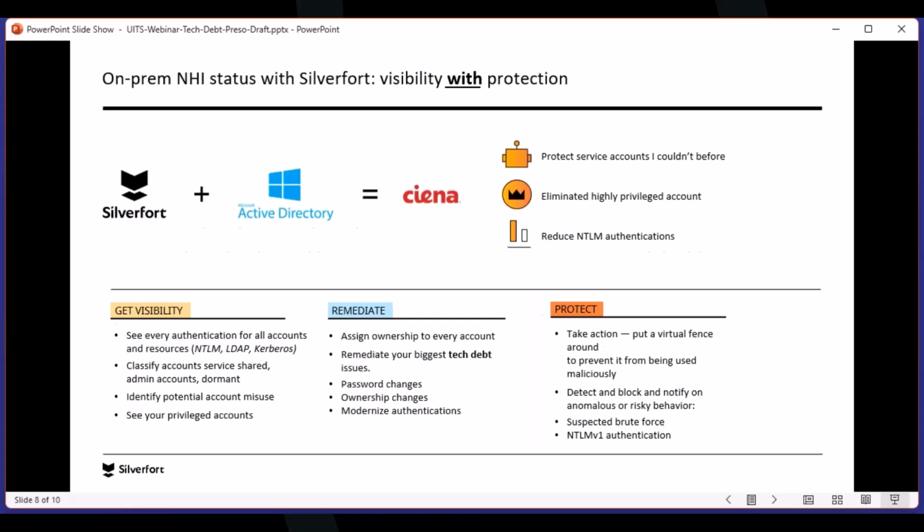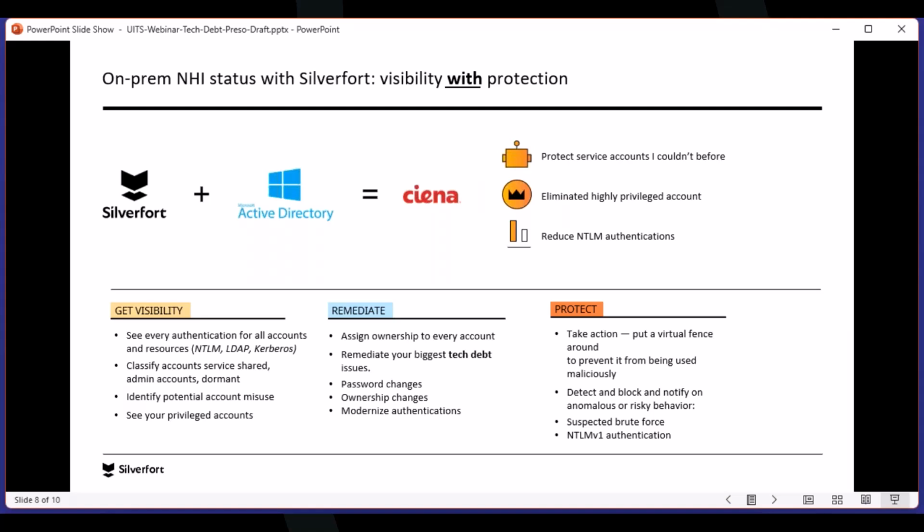Okay, so let's talk a little bit about what we've done. It's going to incorporate a lot of what we've talked about already, but I'll break it down into some functional silos really. So the goal that I had with Silverfort specifically was initially to put MFA everywhere, right? So we had a mandate that said if MFA isn't supported natively within the application, i.e. it doesn't support SAML or modern authentication protocols, then we must have something that allows us to put MFA in front of that. And Silverfort gave us that from day one.